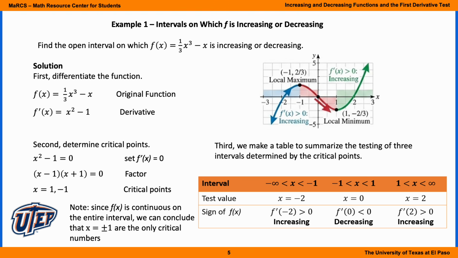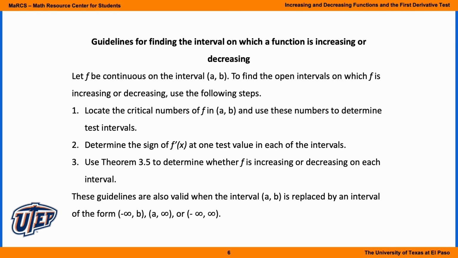Now f prime of 2 yields 3, and 3 is greater than 0. So that means that our function is increasing on the open interval 1 through infinity. So here are the guidelines that we just followed for finding the interval on which a function is increasing or